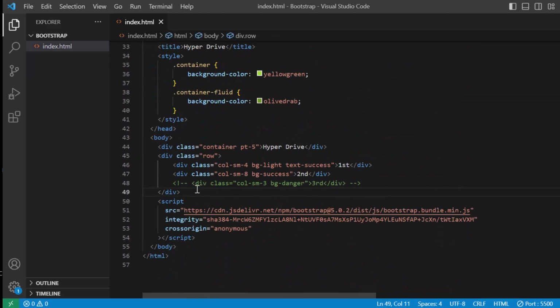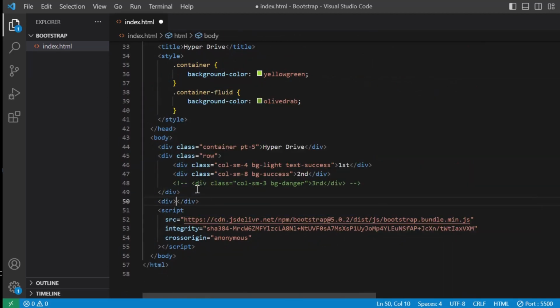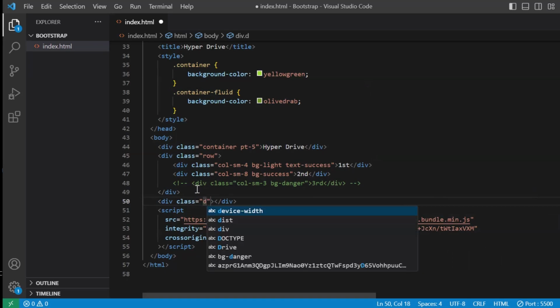Typography is a feature of Bootstrap for styling and formatting the text content. We can use this as